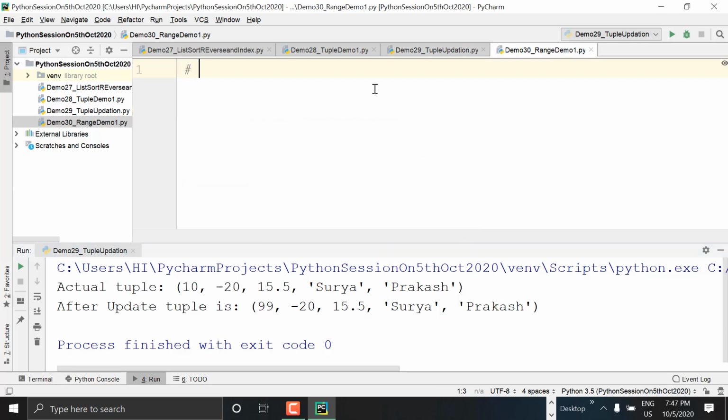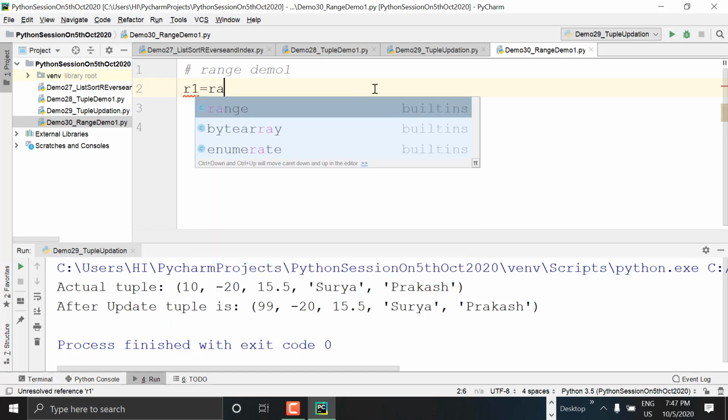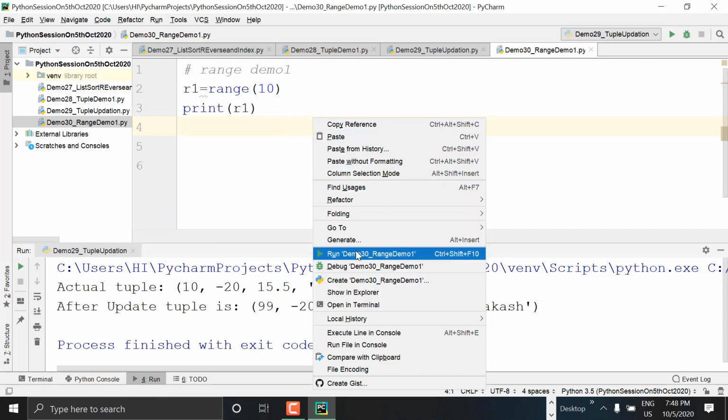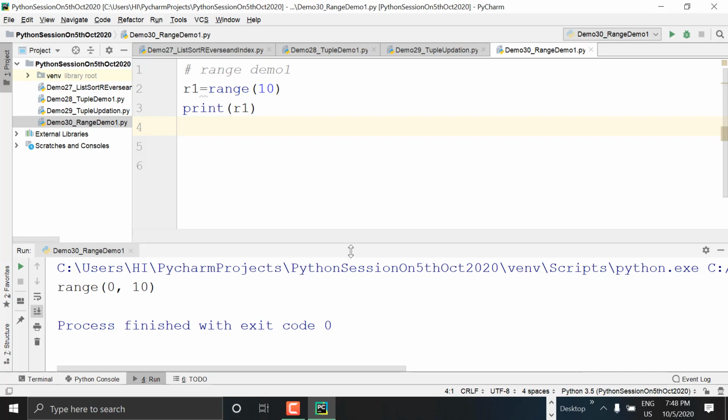We don't have values. But I want to print all of them, sir. What to do? Then we can use for I in R1, and print I in the same print. See the output now? You have all values like this, 0 to 9.